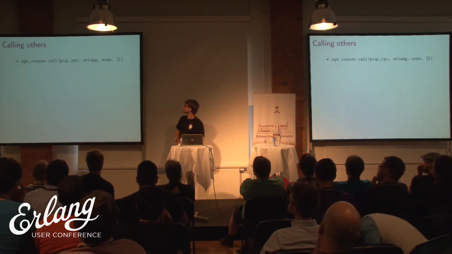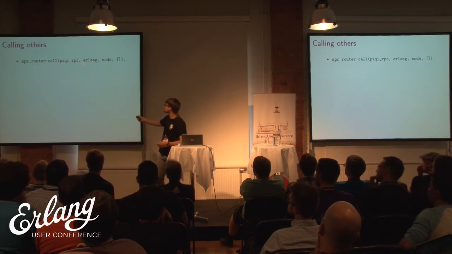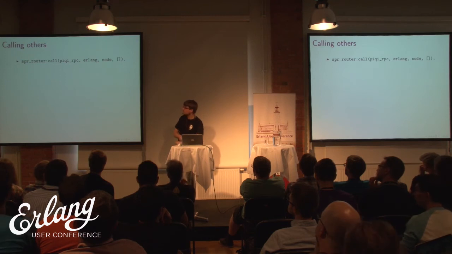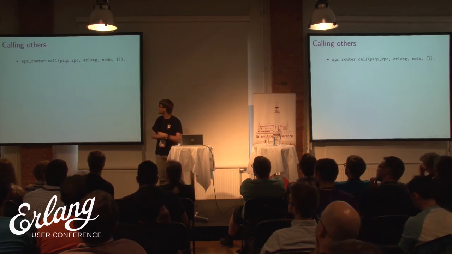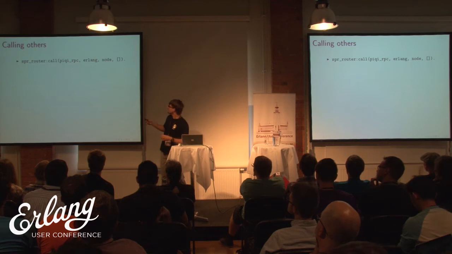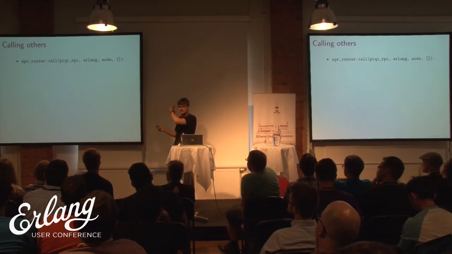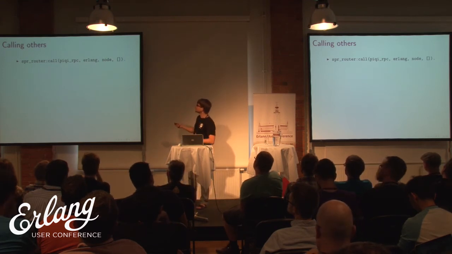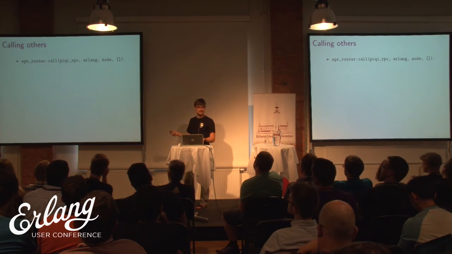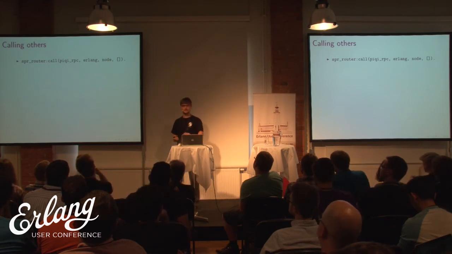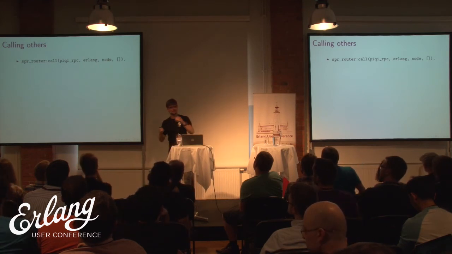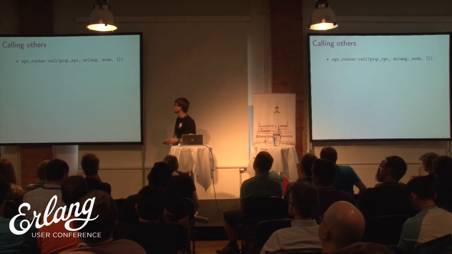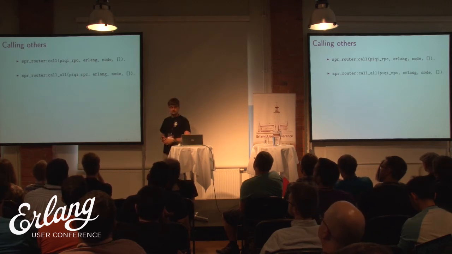It's very simple. Oh, sorry, I didn't change this thing. So instead of PeertoPeer, there should have been header or main section. I am a fan of PeertoPeer, that's what it was here. So SPAPI router call, then header or main section. So this is the service that you are calling. And then module function arguments. So this is exactly the same as RPC call, but the first argument is not the node, but the service that you're interested in.